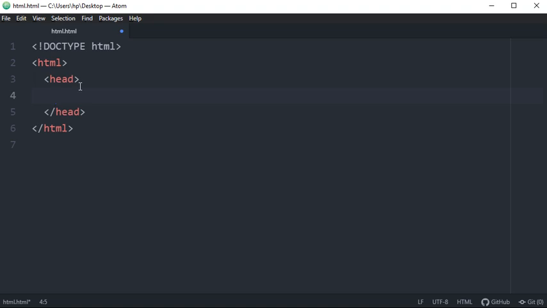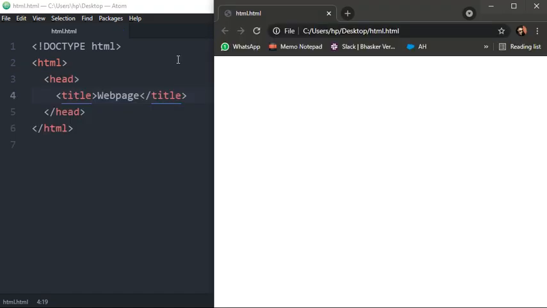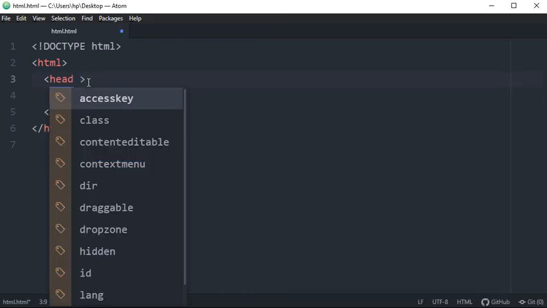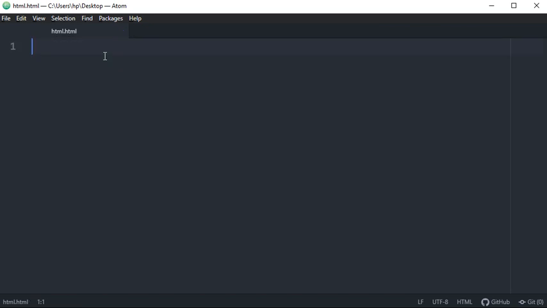For example, I'm giving the title web page. When you refresh, you will see the title of the web page here. This is also the metadata of your website.